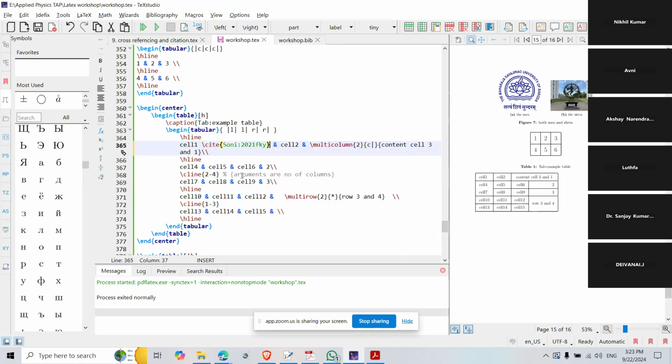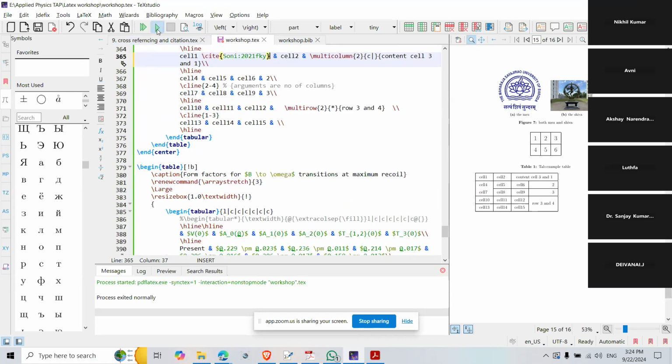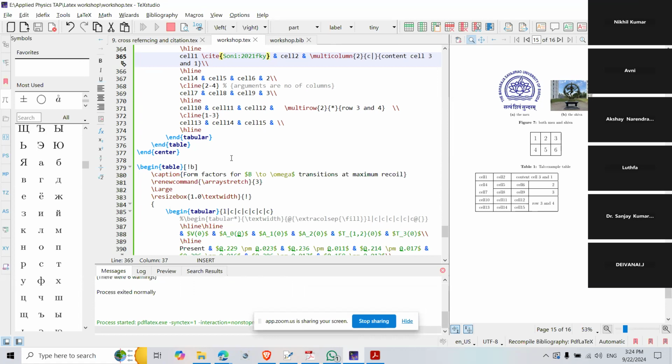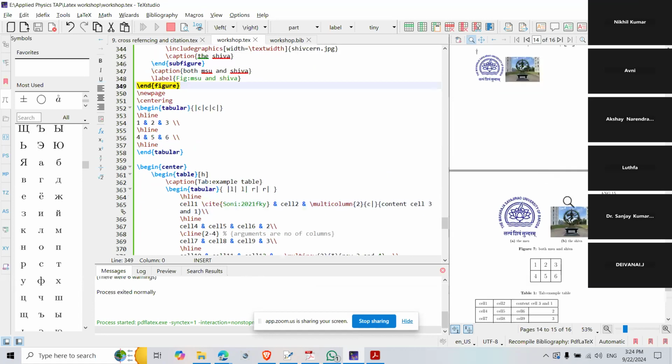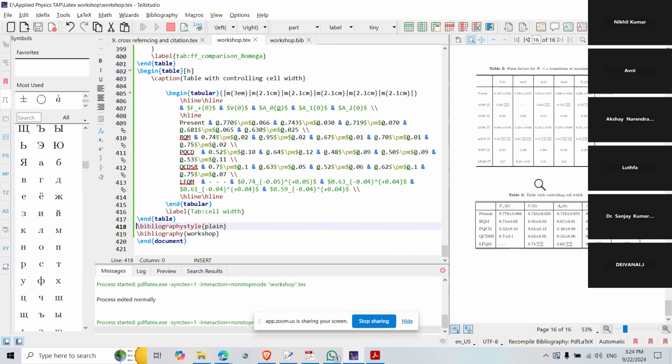Now I'll simply compile. It is workshop.tex. Okay, it is compiled successfully. You should see two changes. The first change is